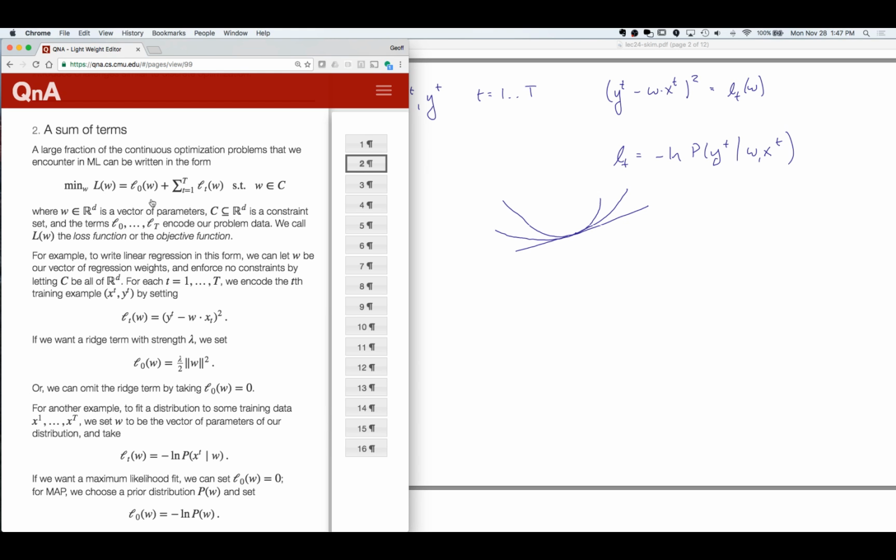You can choose to group them all into L0 and then group the remaining terms into the LT. Or, for example, if you have a strong ridge term here, you can keep it as L0, or you can break it up into T pieces and include it with each one of the little LTs. And depending on how you do that,